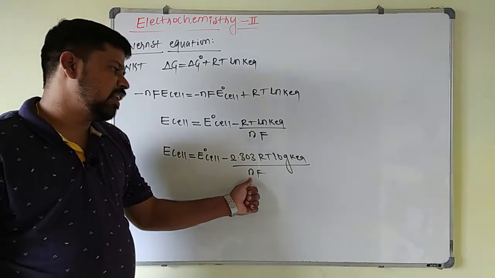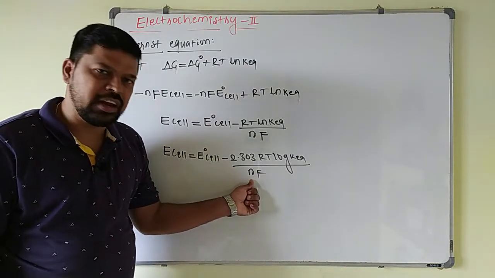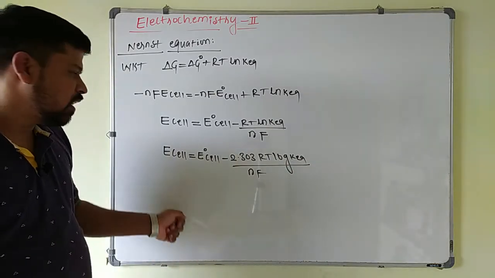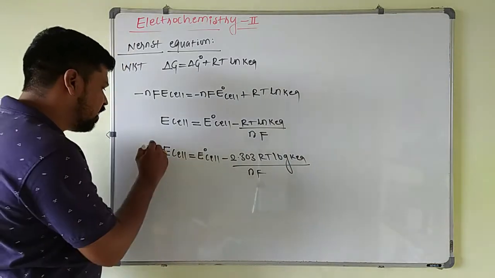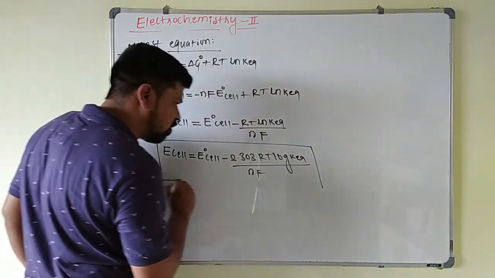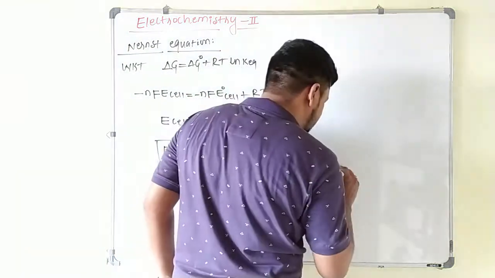Here F is Faraday, n is number of electrons exchanged during redox reaction, and this will be K equilibrium. This is a cell potential and this is standard cell potential. So this equation is called as what? Nernst equation, we call it as